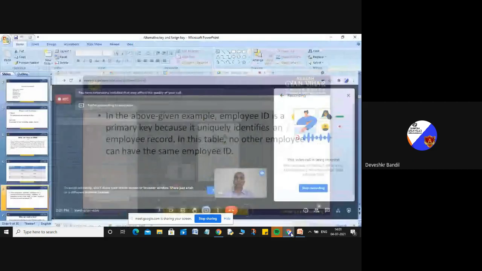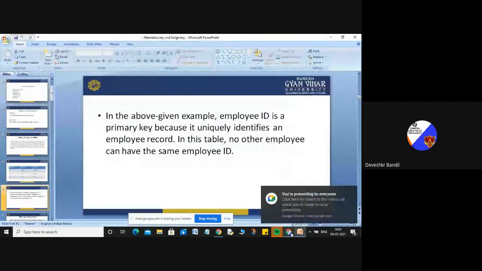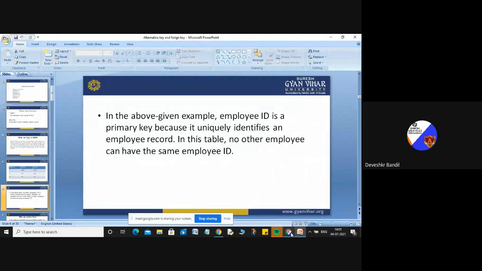For example, suppose teacher is your table, and in this table you have already inserted the data of 100 teachers. Your teacher attributes are teacher name, teacher father name, teacher ID, teacher PAN card, teacher Aadhaar card, teacher ITR number, etc. And you want to identify a particular teacher.